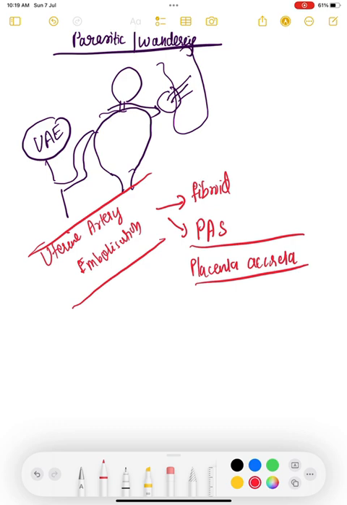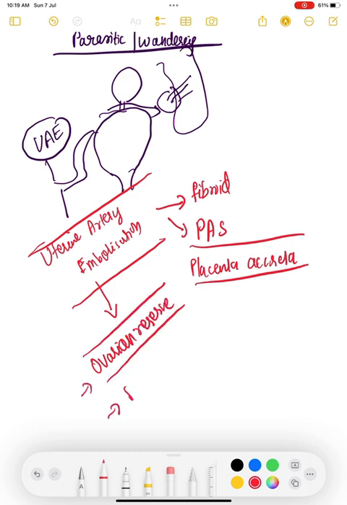But the thing is, you should not do it in a nulliparous mother, because the uterine artery also gives blood supply to the ovary, so it will hamper the ovarian reserve. Even though she doesn't want fertility, she doesn't want a child, it will cause premature ovarian failure and premature menopause. Early menopause is very bad for a girl,